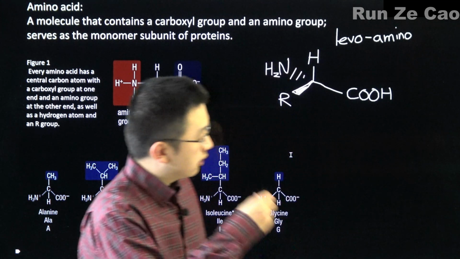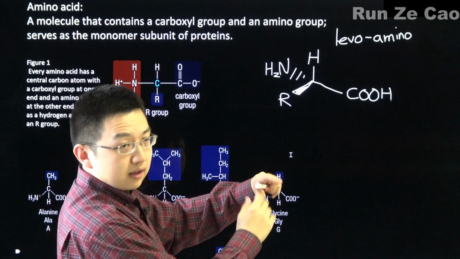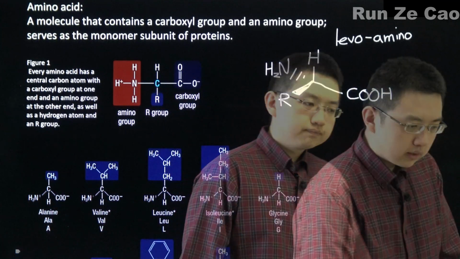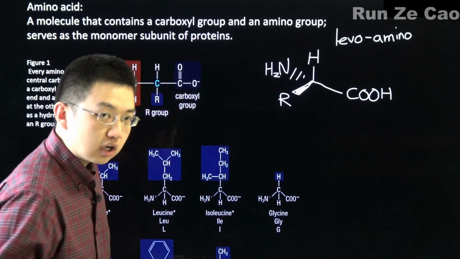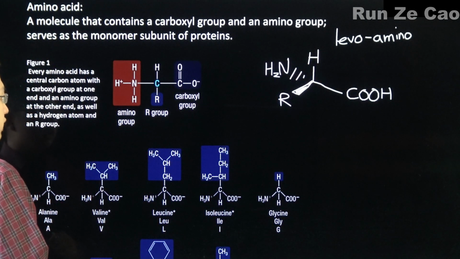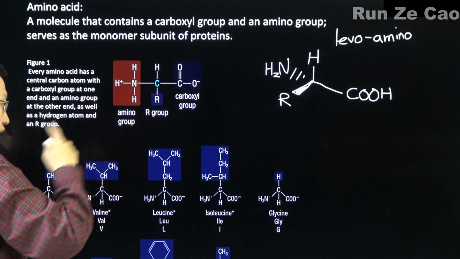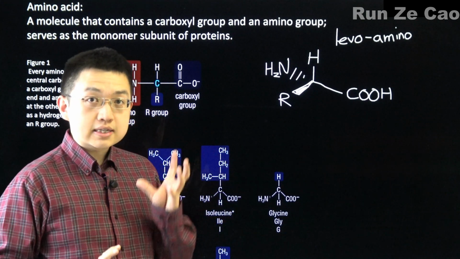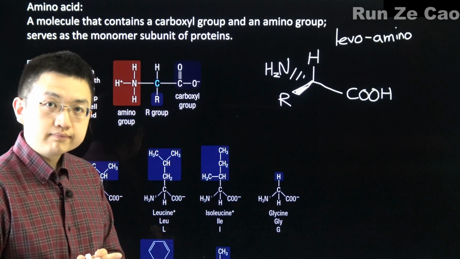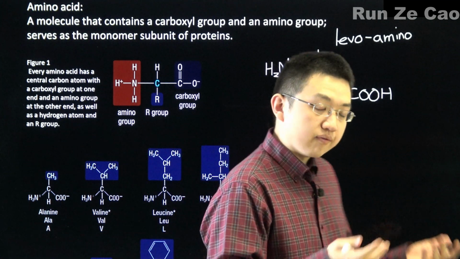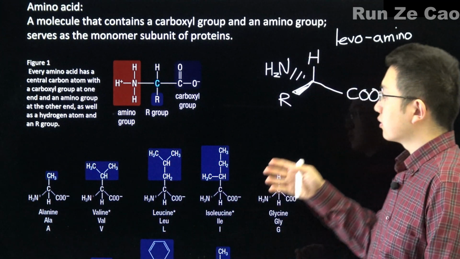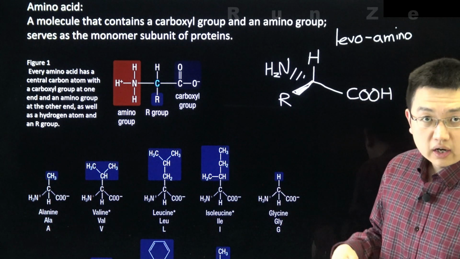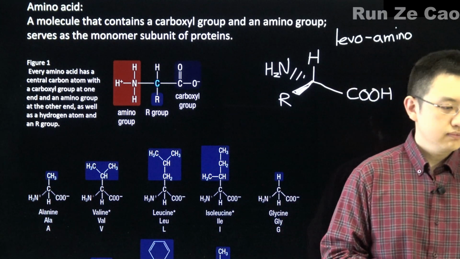Well, this has to do with what happens when we take a solution of these amino acids and we shine a light through it. Which way does the light end up bending? Now, this is not actually a crucial knowledge at this point in our study of biology. It's just something that we should be conscious of, that the orientation of groups in space is very important. This actually goes a lot into, say, enzyme function, and is why dextroamino acids are not so convenient for our digestion. Okay,